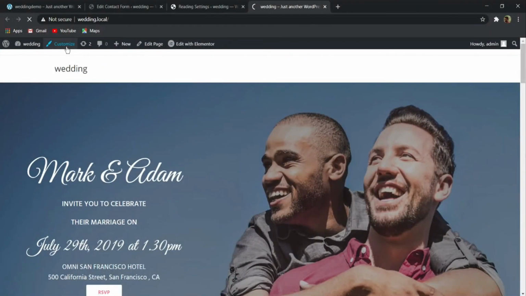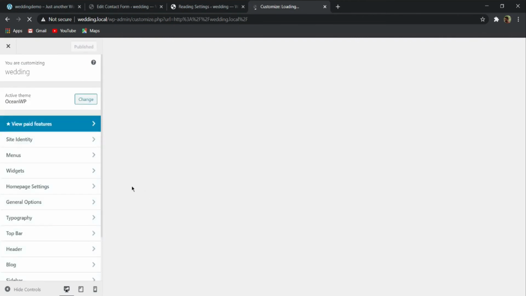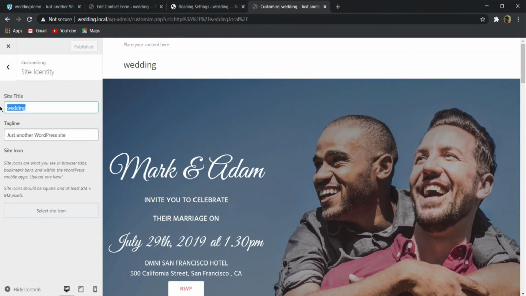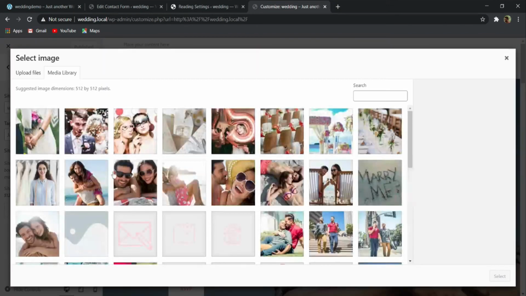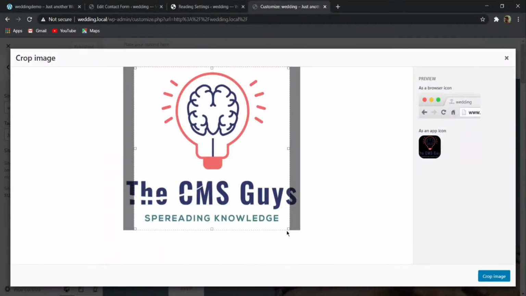So now let's go to this customize section. Let's wait for it to load. So now here you can see that in this customize section, you have this site identity. Here you can change the site title and the tagline of the site. You can also select the site icon. Suppose I will select our logo as a site icon, this logo, and then select,